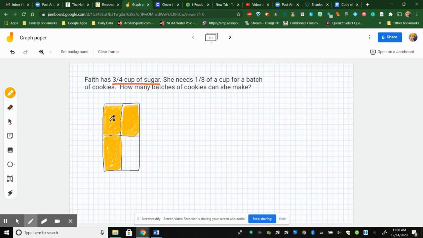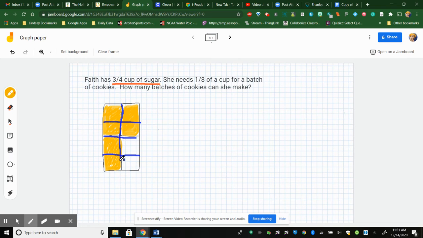So here I have a fourth. If I cut this fourth in half, I get an eighth. I cut this fourth in half, I get an eighth. And that fourth I cut in half, I get an eighth. So now I have